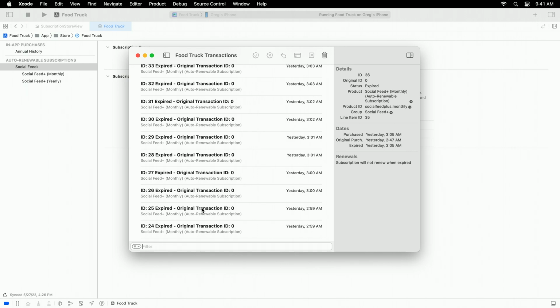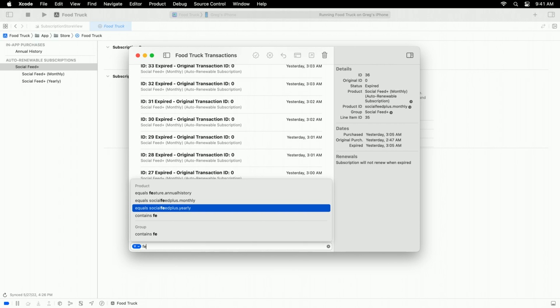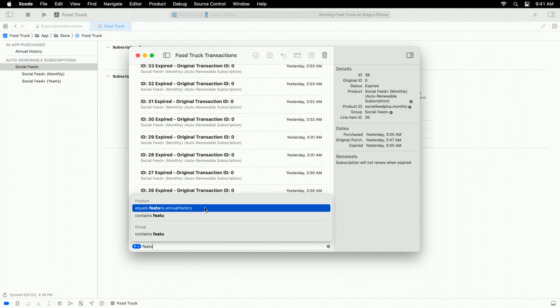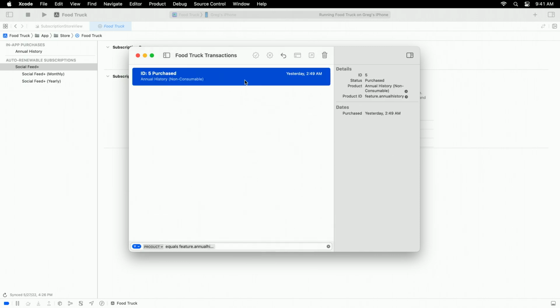We can easily find the transaction for the product by beginning to type out its ID and selecting the Product ID filter from the autocomplete menu. We can also filter by purchase date, so we can focus on just the purchases we're making now.